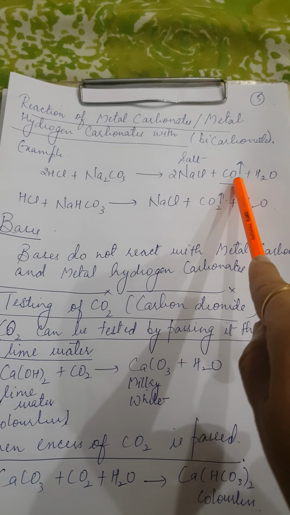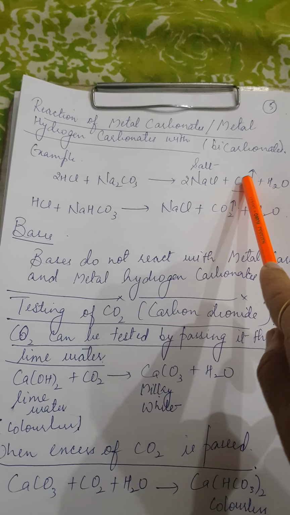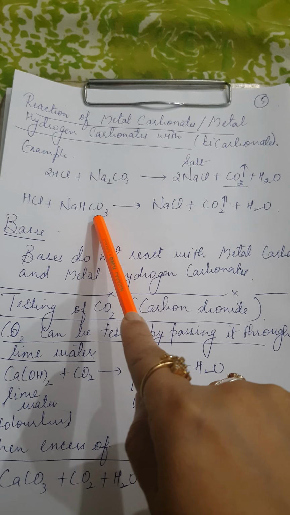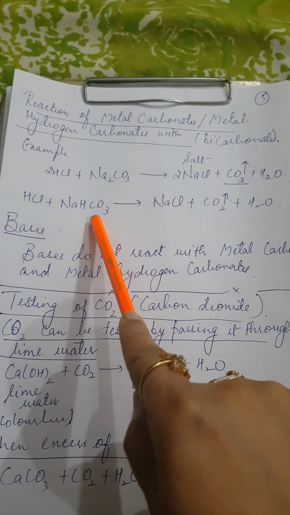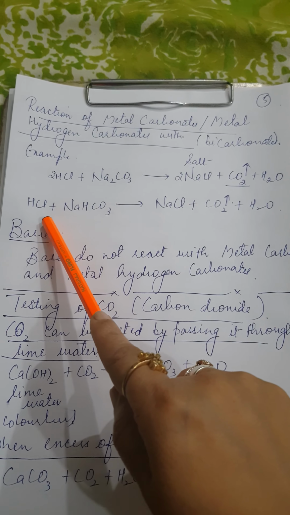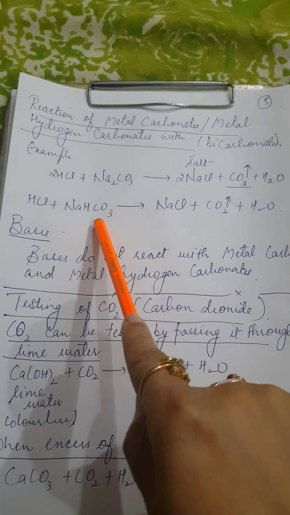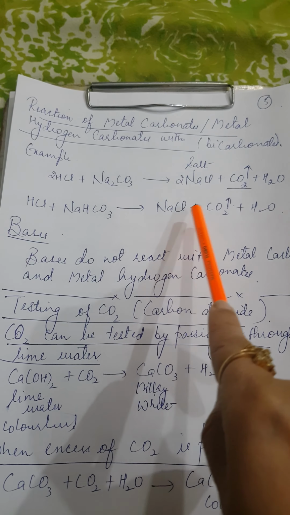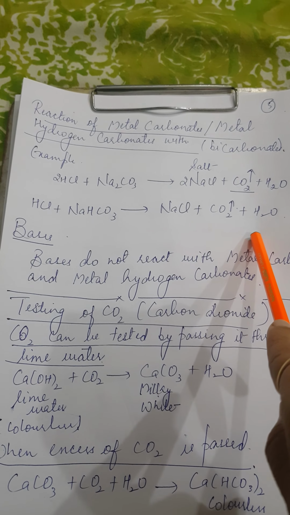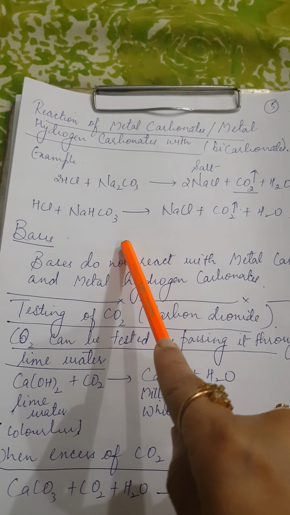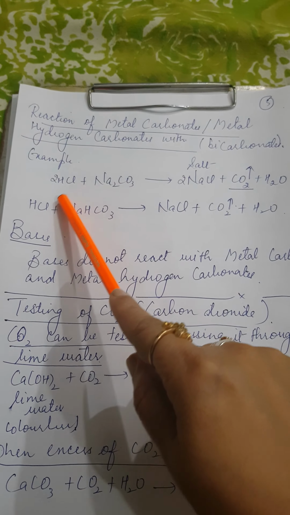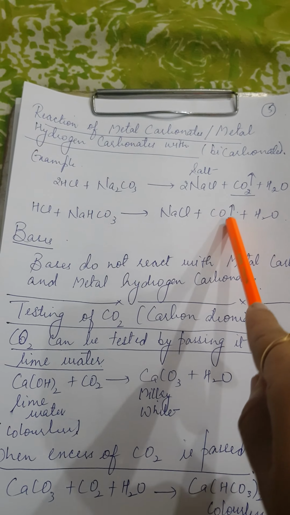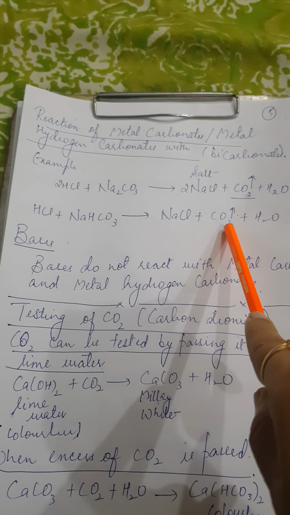Again, you can see this symbol. Beta, bicarbonate ion, that is HCO3 minus ion, which is also known as hydrogen carbonate ion. Now, when we treat hydrochloric acid with metal carbonate like NaHCO3 or metal bicarbonate, salt, CO2, water are obtained. Okay. So, basically what you can remember, when acids are treated with carbonates or bicarbonates, carbon dioxide gas is released, CO2